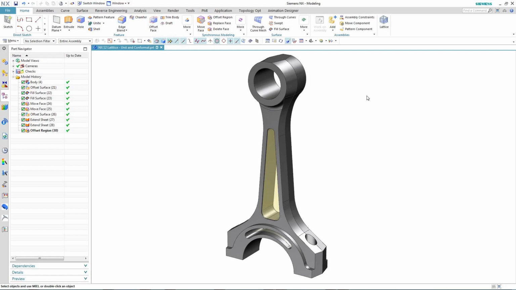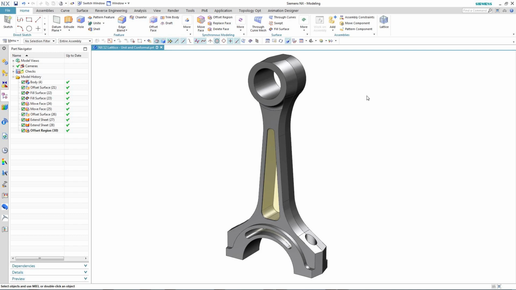The use of lattice structures to provide lightweighting for designs is becoming more popular and prevalent, especially with the adoption of new 3D additive manufacturing processes. Earlier this year in NX 1102, we first introduced the ability to generate a lattice structure, and in particular a unit graph lattice structure, which means you're able to fill a solid volume with a lattice structure to provide